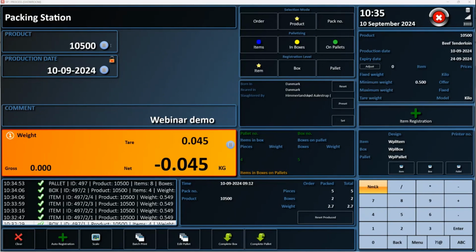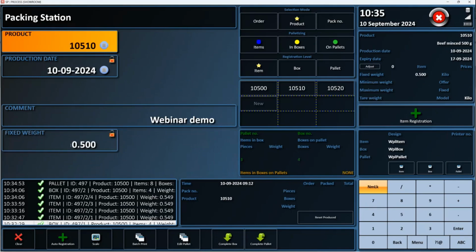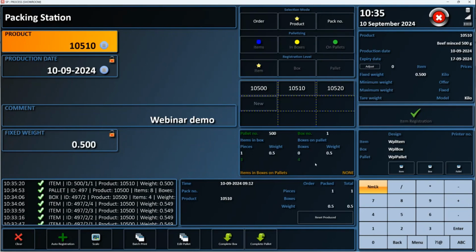So if I select the other products, this one, the minced meat, this is a fixed weight product. So you can see there should be no scale connected to it. So here I can just start producing and producing. And this one also has a smart feature, so it can print automatically, and we call that batch print. When we enable batch print, we use the sensor in the printer because there's a label taking sensor, so it knows when I take the label, and then it'll automatically print a new label.